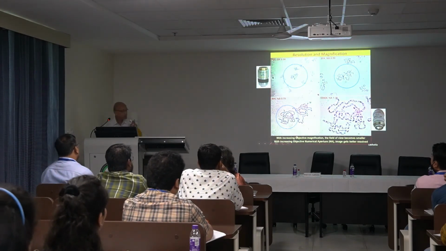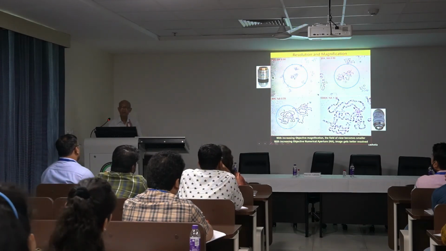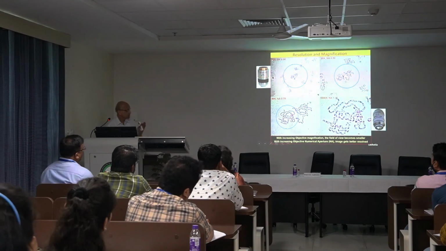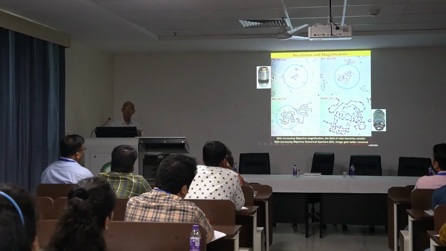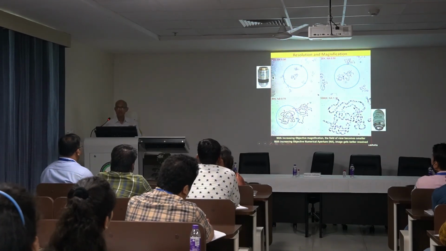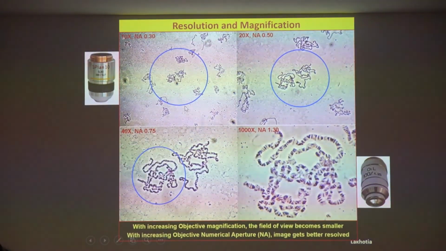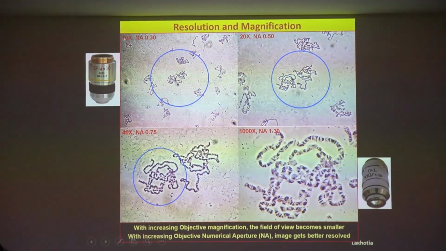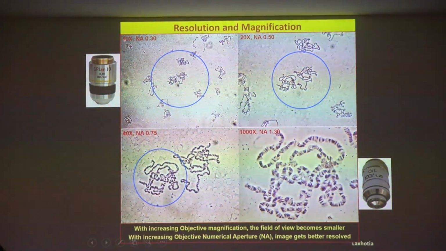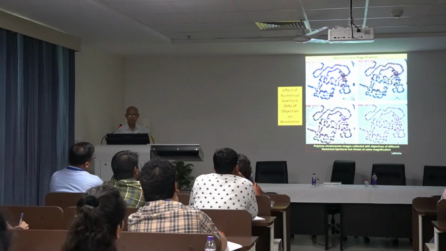Now, these pictures show what we mean by magnification and resolution. Now, these are, of course, my favorite preparation, polytene chromosomes of Drosophila, one of the most suited preparations to look at gene expression in real time, and we see a much wider field, but much less detail. We go to a 20x objective, we see more detail, a smaller field. When we go to 40, we see more details, but still a narrower field, and when we go to